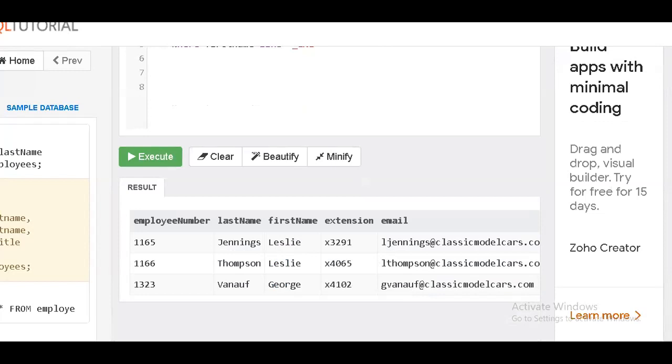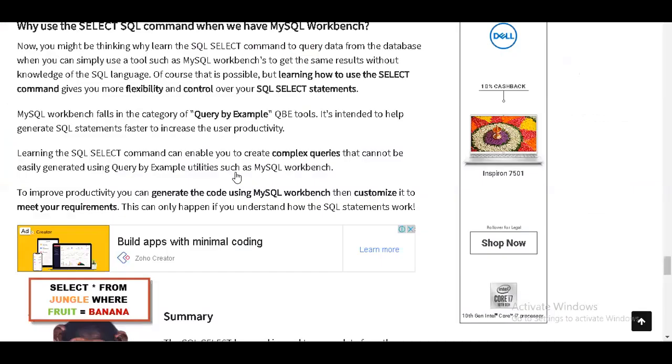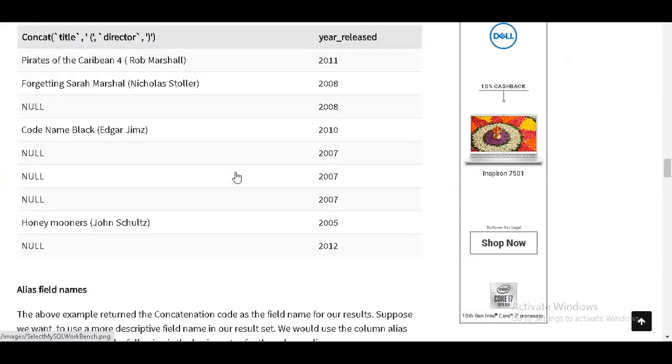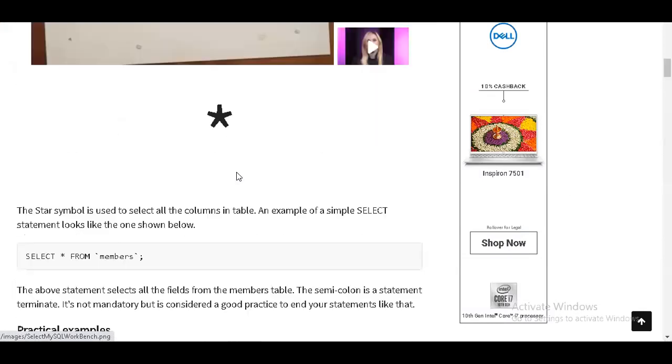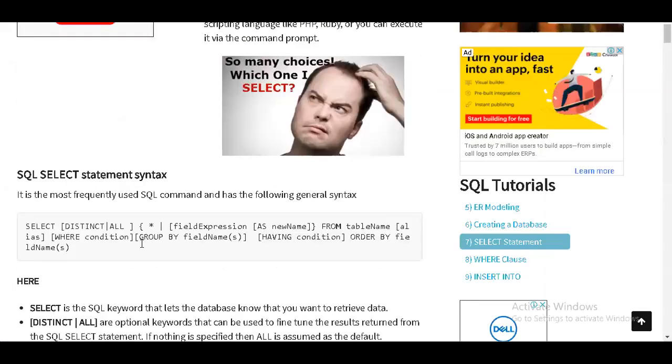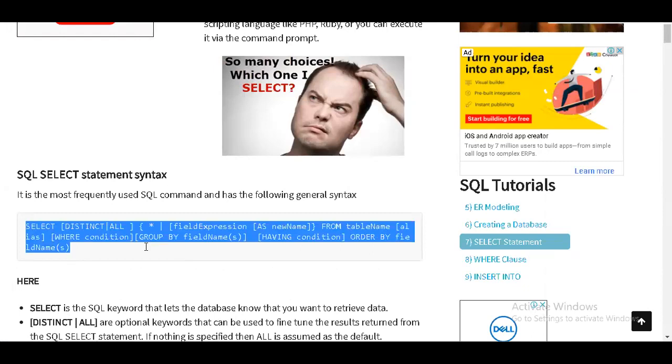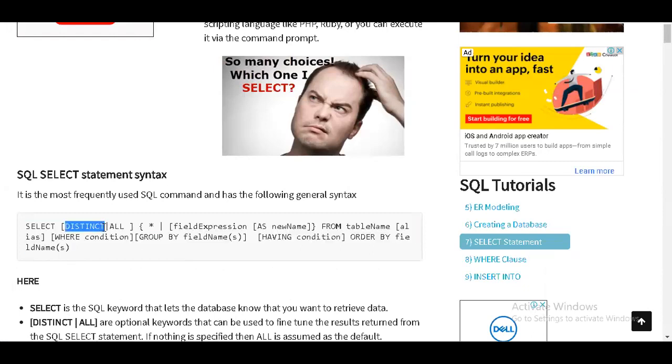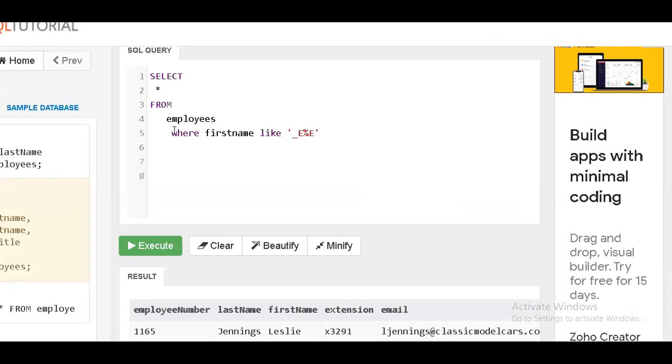So if you see the complete syntax of your SQL statement, we have not used distinct anywhere. We have used the select, the asterisk, the expressions, the table, the where condition, and we have seen the order by. Group by we have not seen, we'll see in the upcoming classes. And we have not seen the distinct. Now we'll see the distinct. What will the distinct do? We'll check it.